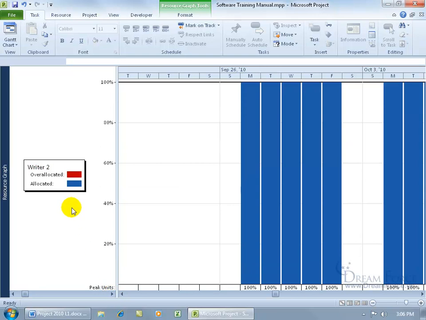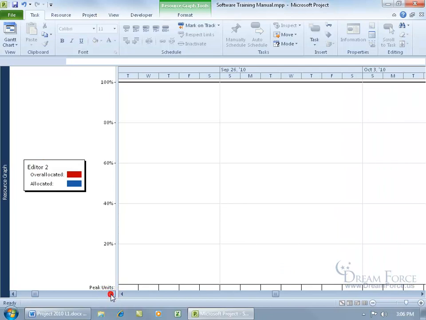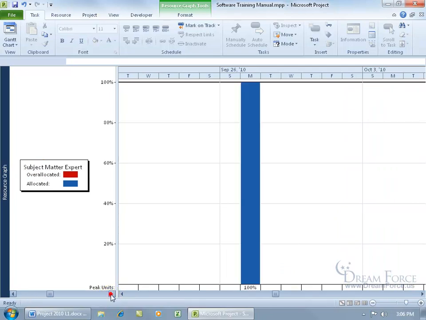Now we're at Writer 2, and you can see that Writer 2's title is not in red. Let's go to Editor 1, Editor 2, Artist 1, Account Rep. Well, remember,